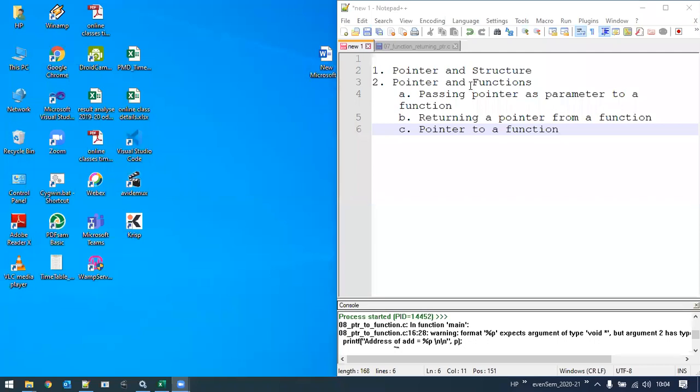Students, in our previous class, we were discussing pointers and functions, the relationship between them. One part we have looked into is how we can pass pointers as a parameter to a function, right? We discussed a concept called pass by reference, or pass by pointers. When we do that, what happens? The changes made to the formal parameters will get reflected in the actual parameters. That is the concept of pass by reference or pass by pointers.